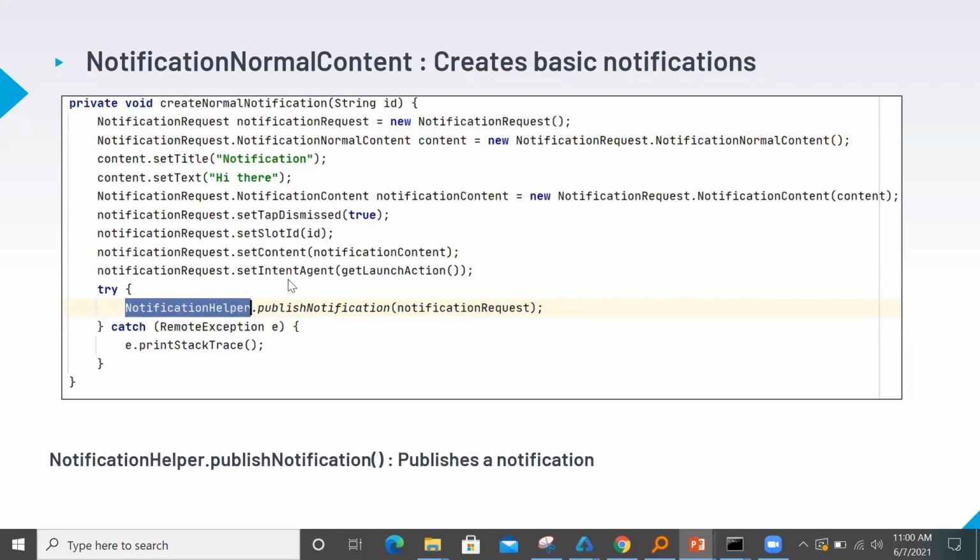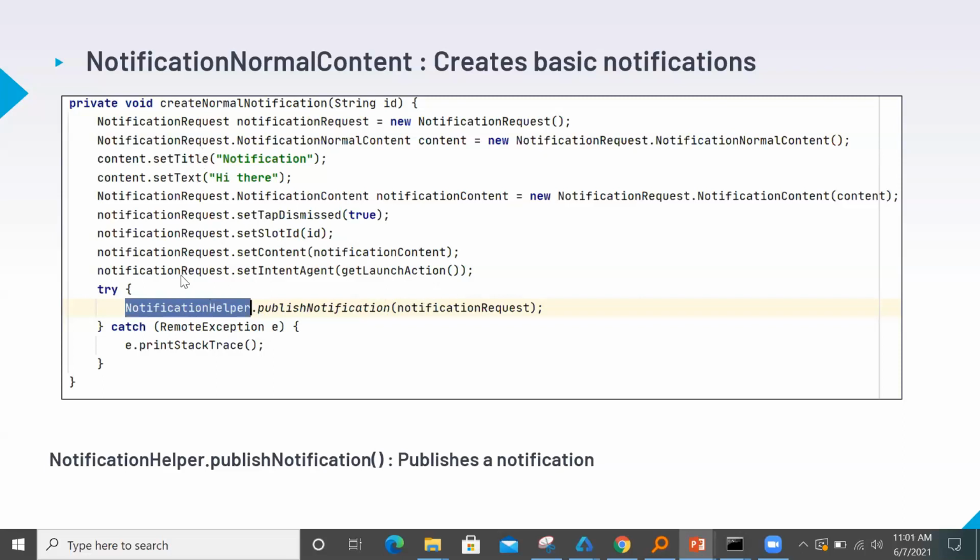We also have setIntentAgent, which is what action needs to be performed when you click on a notification, like whether you want an ability to be opened, a service to be started, or anything. You can mention that in setIntentAgent by giving an IntentAgent as a parameter.